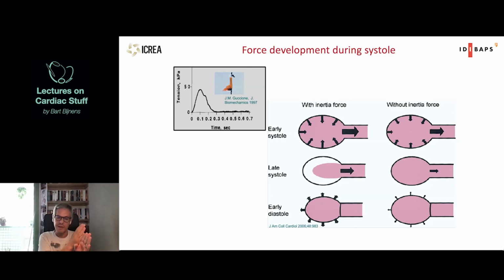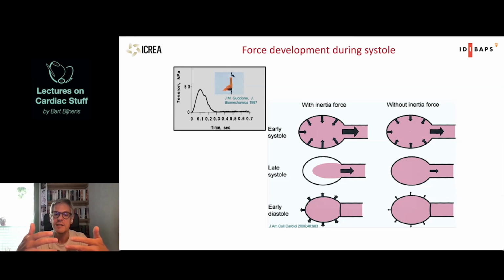Because force development starts at the moment that you have electrical activation of the myocytes, and then your contractile elements start to cycle in a way that you get cross-bridge binding between your actin and your myosin. So your force development is starting immediately. Then when the pressure is high enough, of course, you get opening of the valve, and then you start to have shortening. But the force development, as I said before, is actually finishing or diminishing rather early